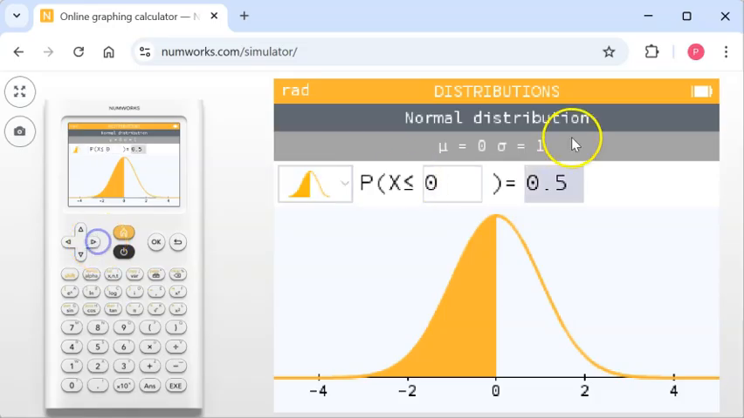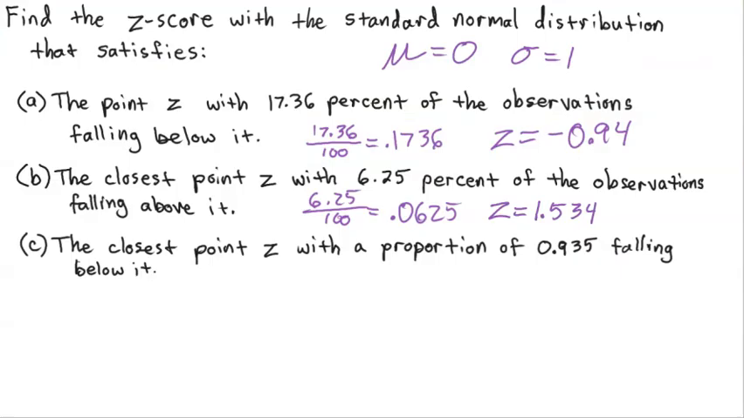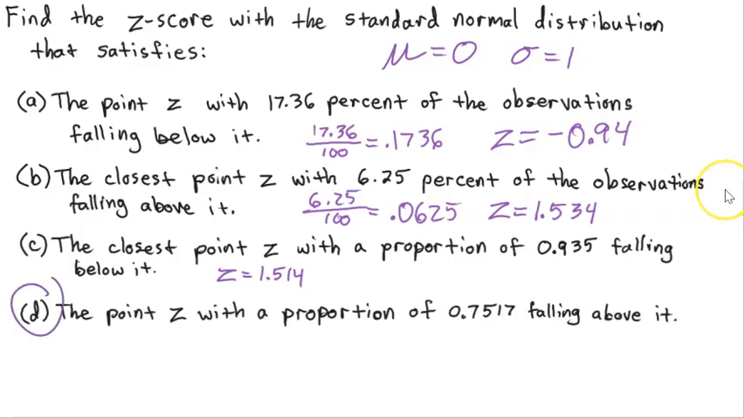And we want 0.935, so we'll put 0.935 in here, press execute, and we get 1.514. So our z-score is 1.514. So z equals 1.514, okay? Let's do one more. All right, so this part D says the point z with a proportion of 0.7517 falling above it. So we got to switch back to the shading where it's on the right side, and